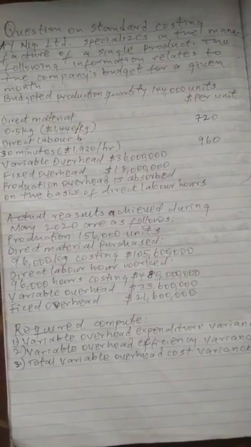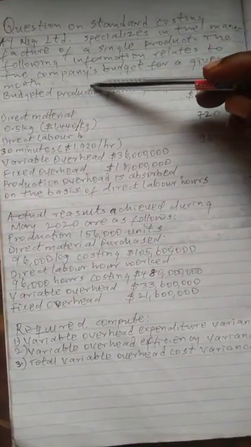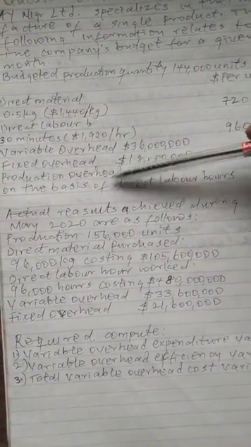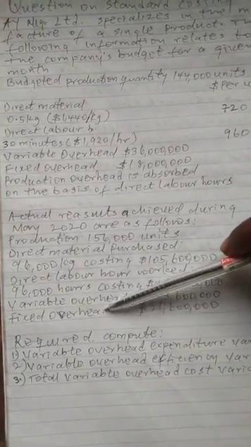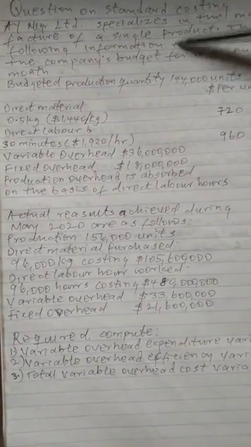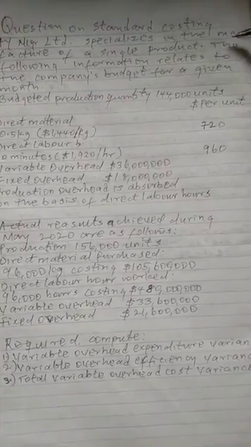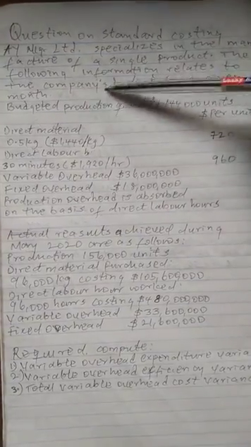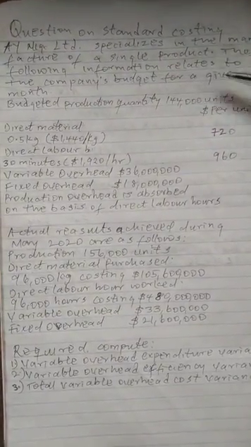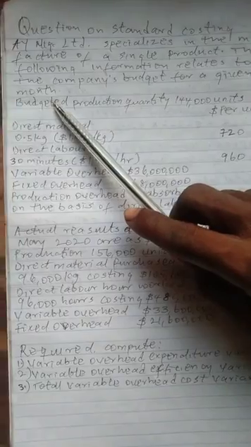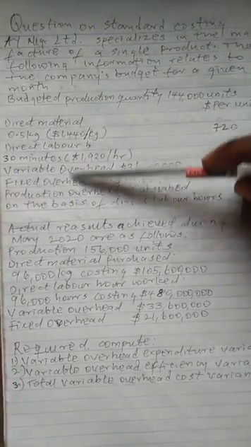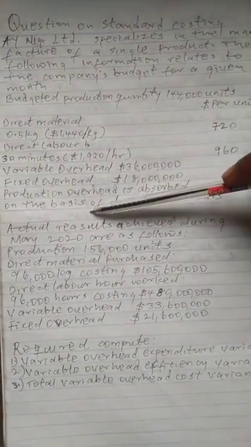You find that there is a budgeted aspect of the question, and there is also an actual aspect of the question. For instance, in this question, the question says the following information relates to the company's budget for a given month. That is, from this place to here is what is budgeted or standard information regarding the